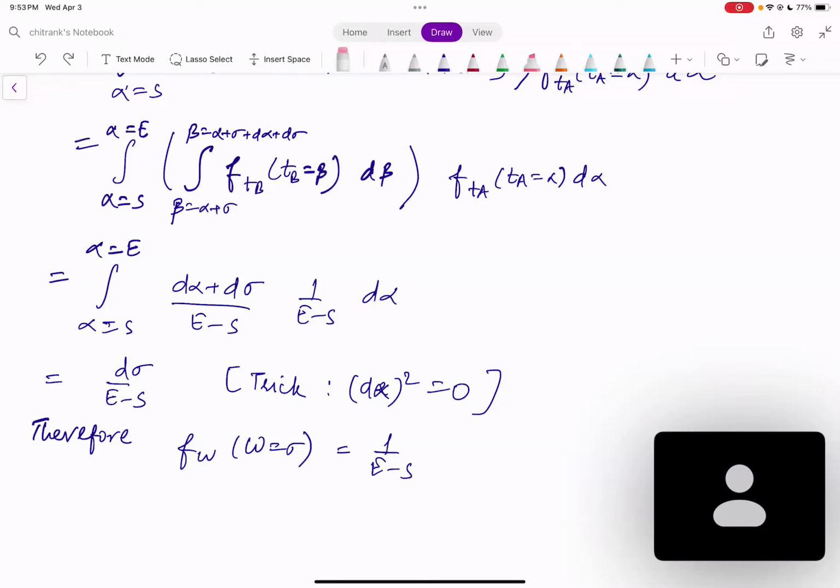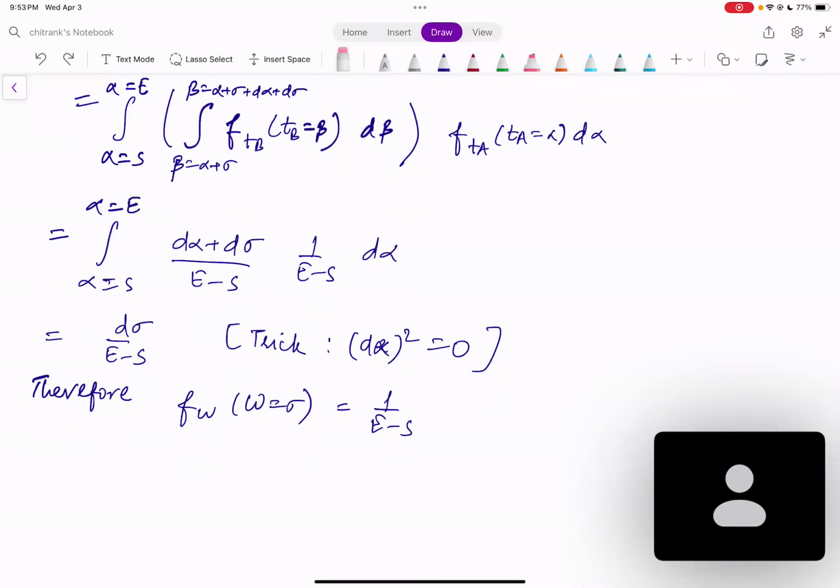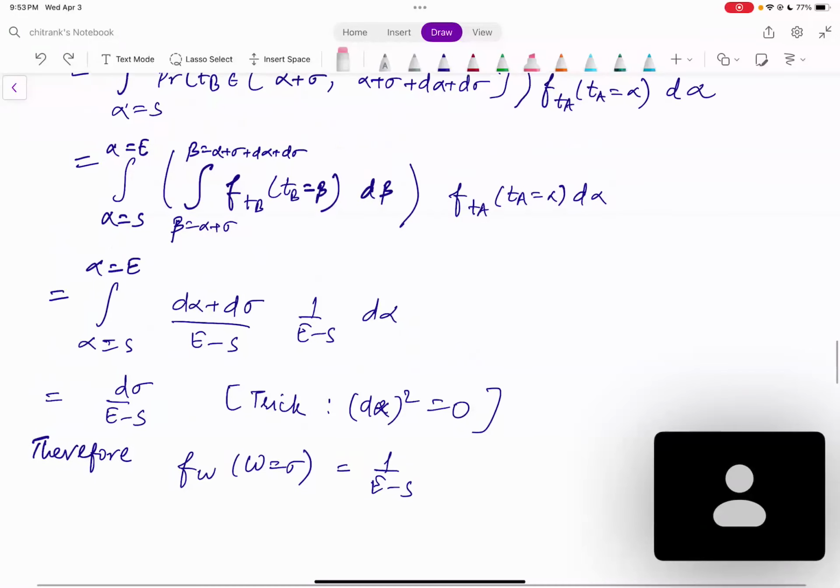From that, it now just follows, what's on your screen, that this final integration is nothing but D sigma divided by E minus S, and that means that the density function of your W is nothing but 1 upon E minus S, right? Because remember that we are just applying the earlier formula that